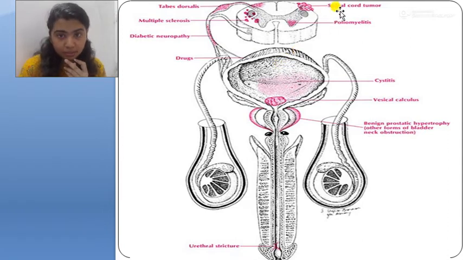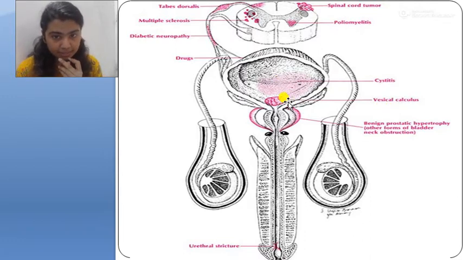If it is a spinal cord tumor located in the sacral region from S2 to S4, then there can be a dysfunction in the urinary bladder or the urinary tract. If it is poliomyelitis, then the AHC group of neurons are affected. If it is cystitis, then the inner part of the bladder is inflamed, and that can be the reason. If it is a vesicle calculus, meaning a vesicle stone or something like that, then the